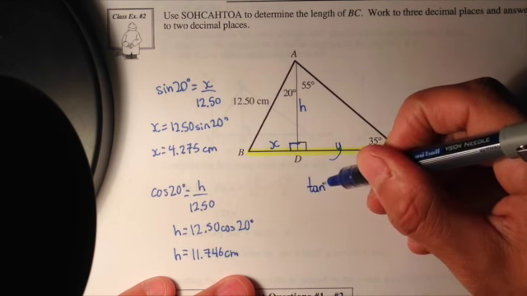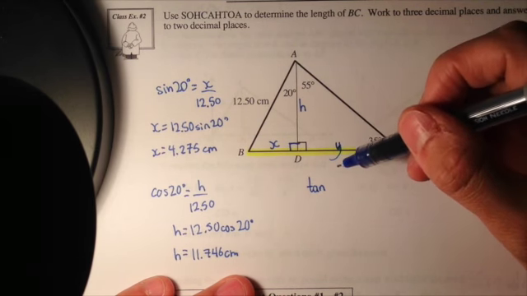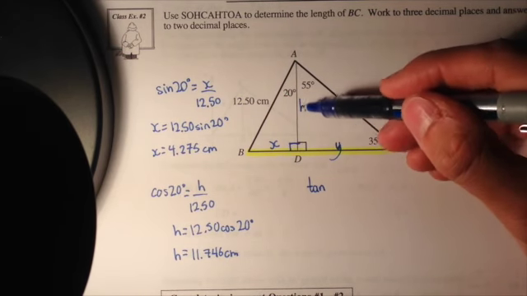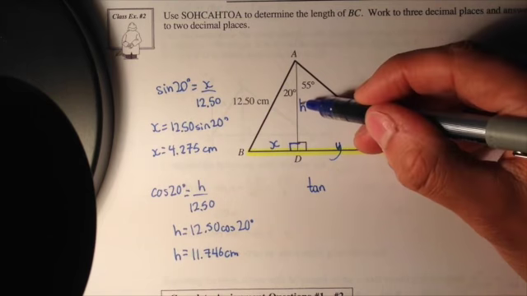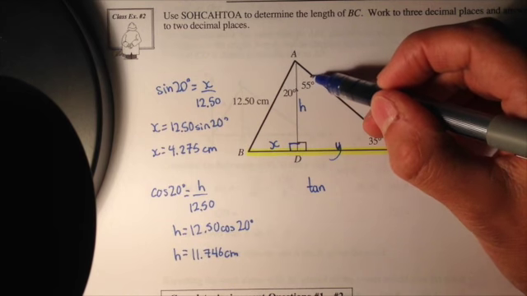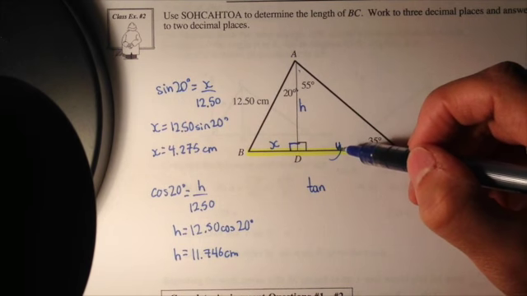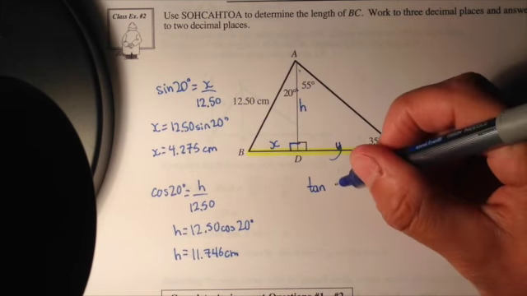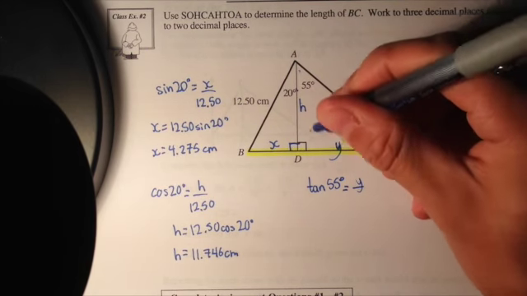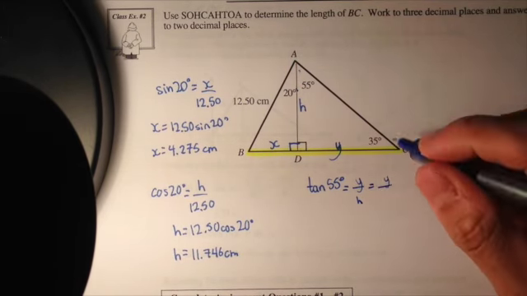So tan, if I'm looking for y, I now have this length here. I have this height. And so if I have the opposite side, I'm looking for my adjacent side. Or if I'm going to use tan 55, I have this adjacent side and I'm looking for my opposite side. And so tan 55 degrees is equal to y over h, opposite over adjacent, which is equal to y over